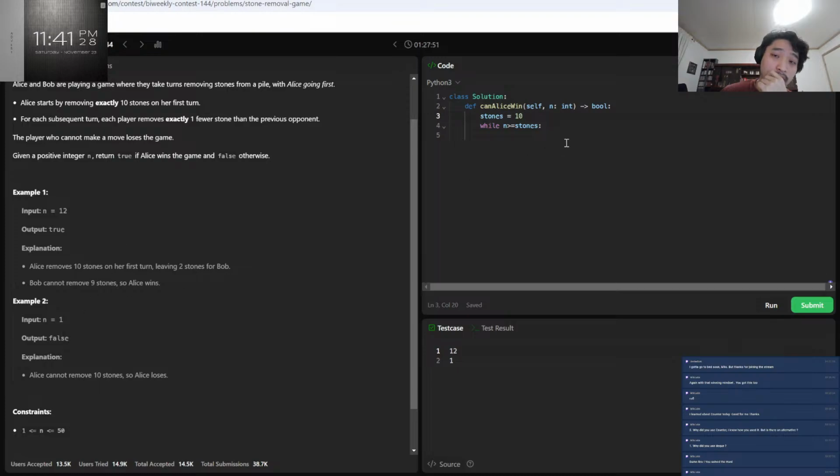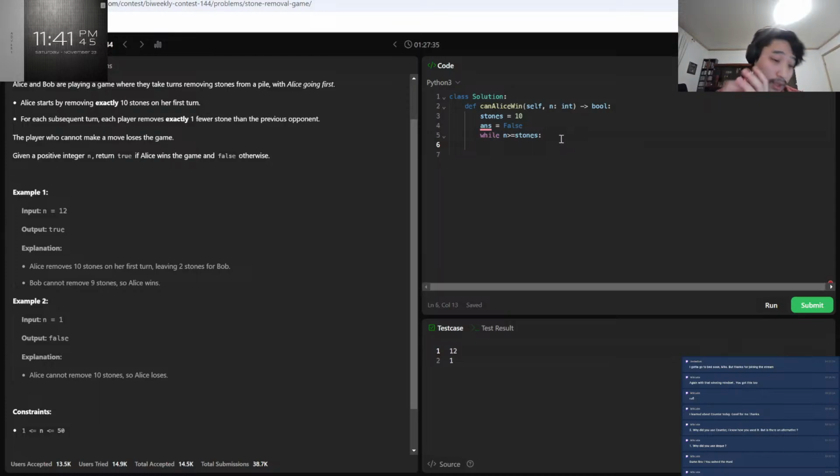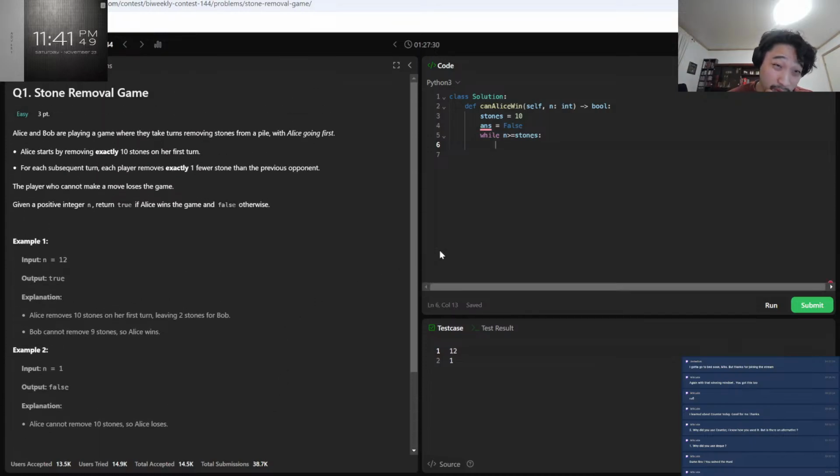Okay, if she's unable to do so, it's set to false. And equals false as of now. I fucking hate this. Well, I see this as an easy one. I could just brute force it. Well, n equals to